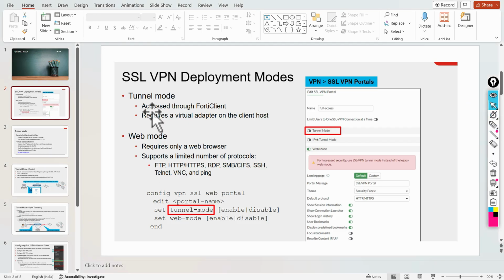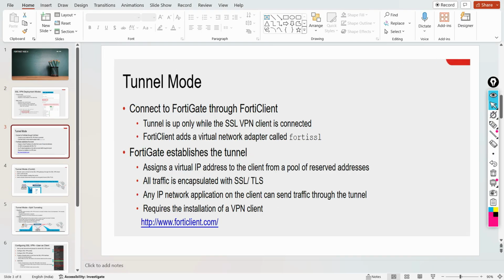Now let's understand the tunnel mode. In the tunnel mode, it is connected through FortiClient. The tunnel is up while SSL VPN is connected. Let's say you are using FortiClient and this is your FortiGate firewall.